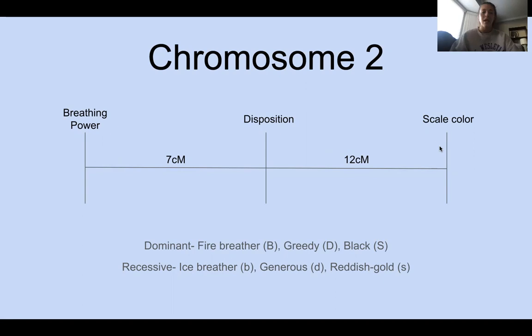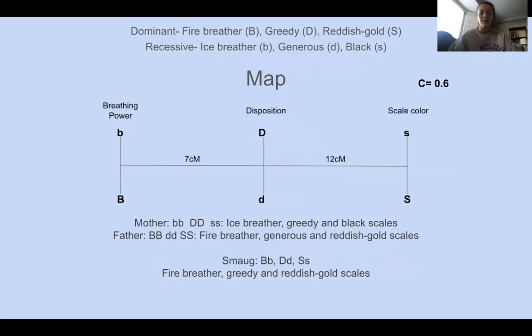Now, Bilbo Baggins had heard the stories of Smaug's parents, though he never saw them, and knew that they were each pure breeding or homozygous for the following. The mother was an ice-breathing, greedy dragon with black scales, and the father was a fire-breathing, generous dragon with reddish gold scales. This created the heterozygous Smaug. So now let's look at the